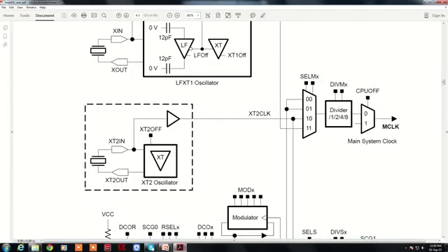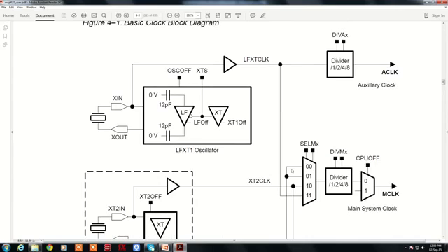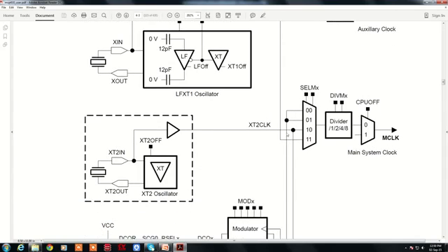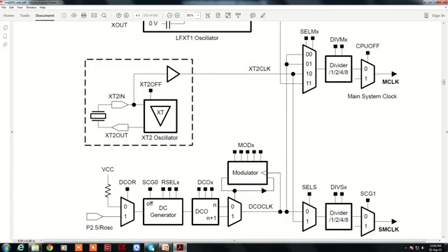This is the one which makes the CPU on and off with the help of the status register. The select pins can choose which is the clock source for the master clock. It can be the auxiliary clock, as can be seen from this, or it can be XT2 as a clock source, or it can be an internal oscillator.